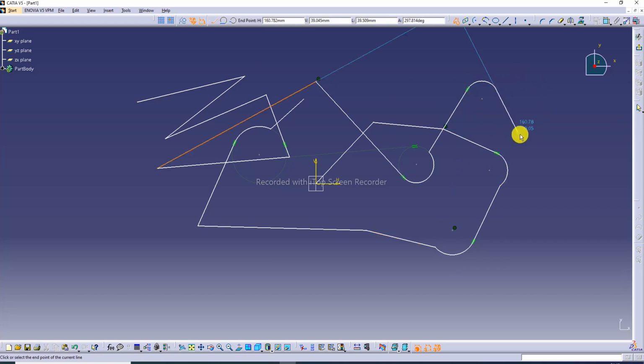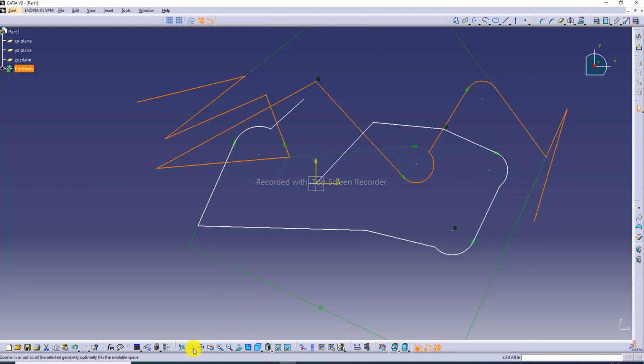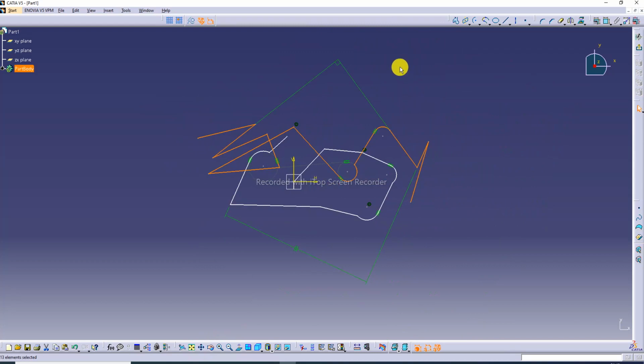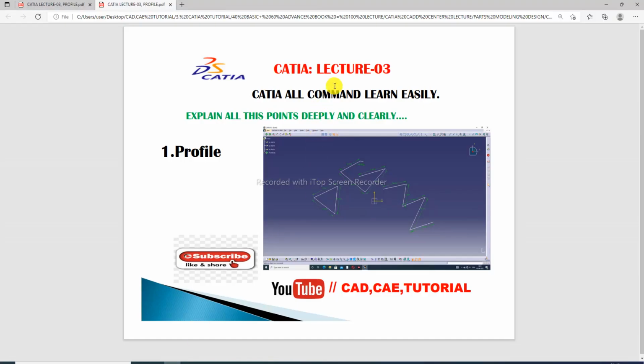Okay, an infinite line is shown here, but double click and remove. Okay, this is all the point, the profile is clear. Okay, in lecture 3 only one point is clear, profile,